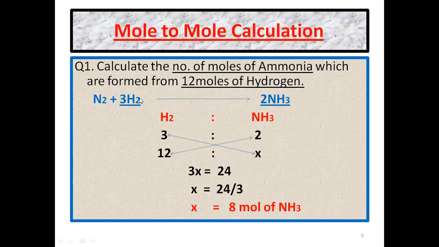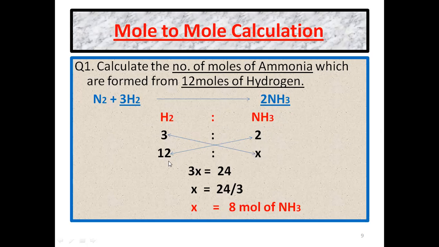Now the chemicals that are required are hydrogen and ammonia. Out of these two, anyone can be written first. Hydrogen ratio ammonia. First of all, you will write this. You will find the stoichiometric ratio. Hydrogen having 3 mole. From equation, you will find how many moles of hydrogen are used in this equation. These are 3 moles. Put 3 under hydrogen. How many moles of ammonia are formed from this 3 mole of hydrogen? They are 2. Now, number of moles of ammonia, they are unknown. They are supposed to be found.